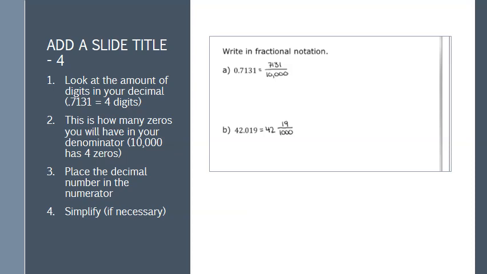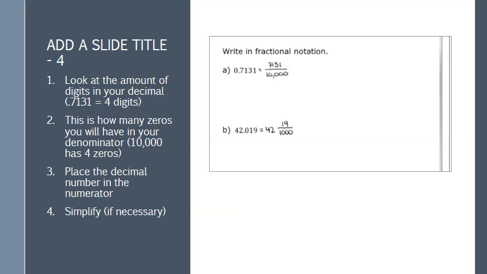Okay, so B is a little bit more complex because it has a whole number portion to it. The whole number portion is 42. So the decimal that we want to convert to a fraction is 42.019, or 42 and 19 thousandths. 42 is just going to come over as the whole number portion of our mixed number,